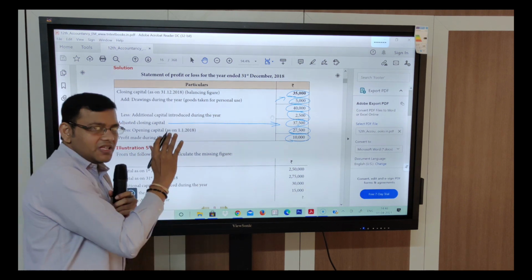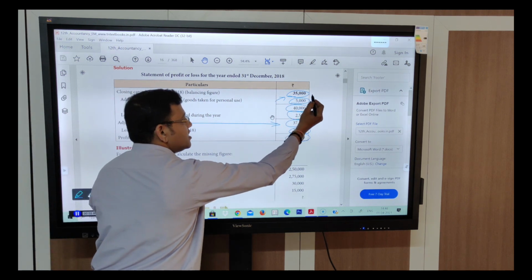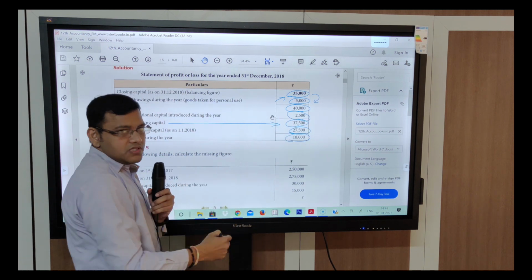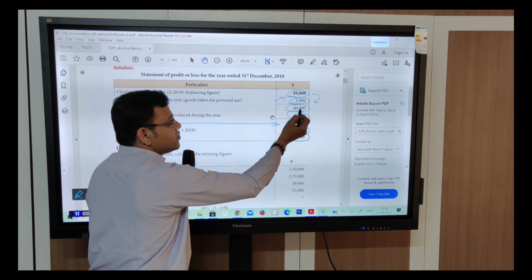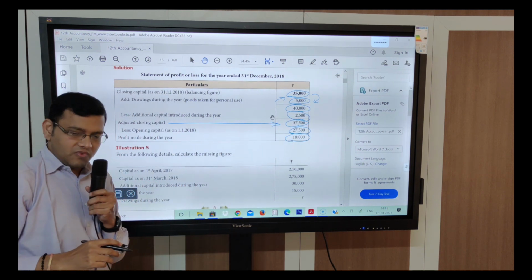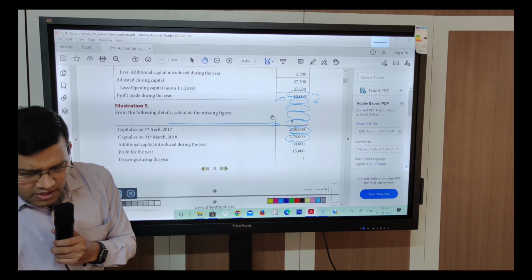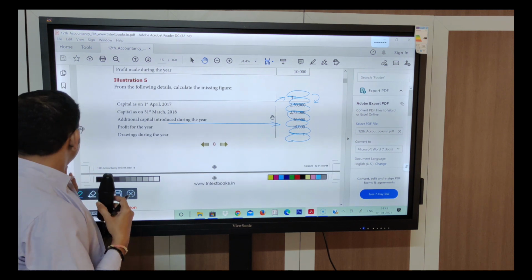The format is going to remain the same. If I had done 35,000 plus 5,000, I will be getting 40,000. So to come to 35,000, what I have to do? I have to subtract 5,000 from 40,000. Next, the next illustration is